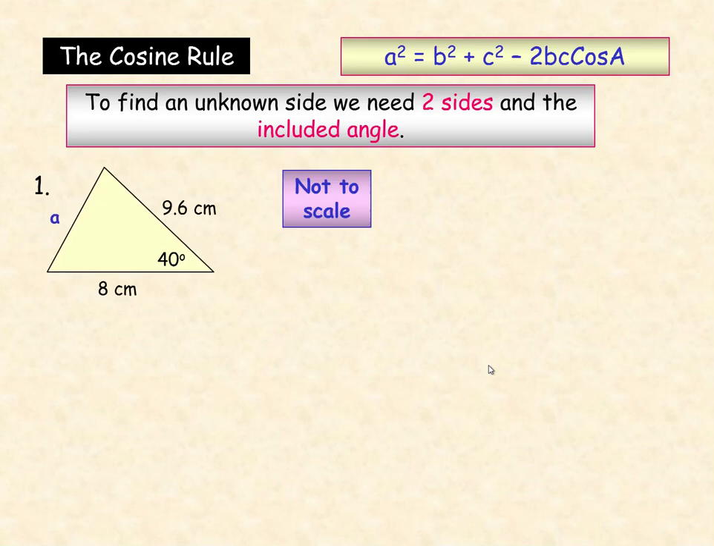Okay, so let's look at the first question then. We've got two sides. One side is equal to 8 centimeters, the other one's 9.6, and the angle in between them, that's what is meant by the included angle, is 40 degrees. So we write our formula, which we've very kindly been given. A squared, always write the formula, it helps with your memory. And the more you use it,